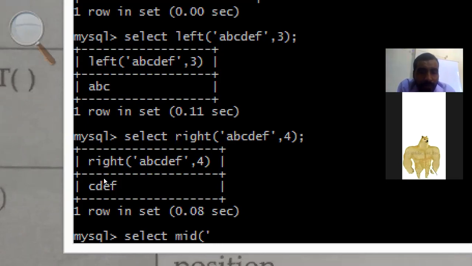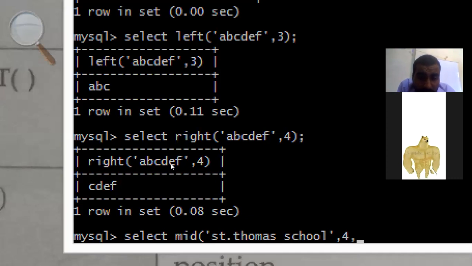Suppose you want to write St. Thomas School. Now you have to write the starting position from where you want to take the letters. So suppose I want to take the letters from the 4th number.